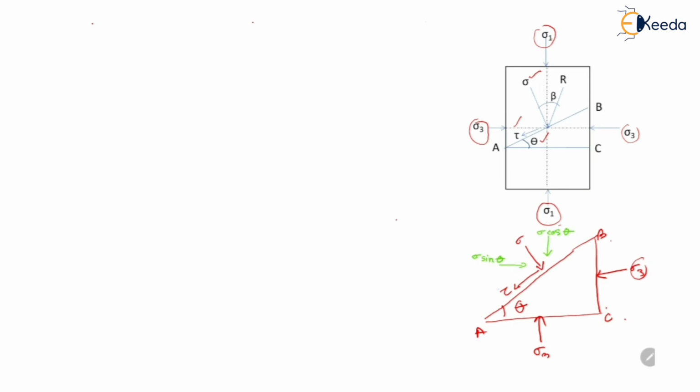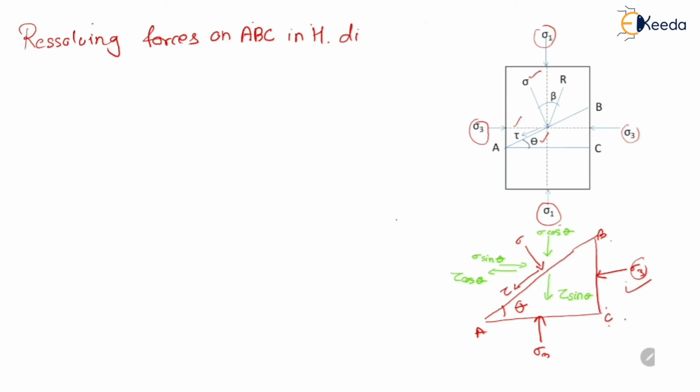Similarly, the shear stress can also be resolved into two components: tau cos theta and tau sin theta. Now, by resolving the forces acting on the wedge ABC in the horizontal direction, we will get